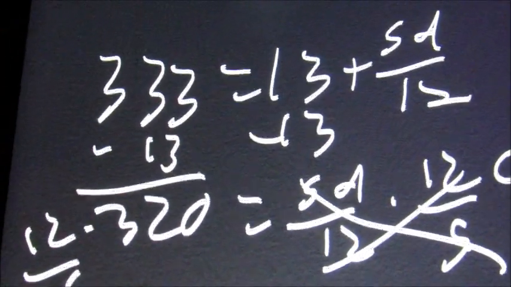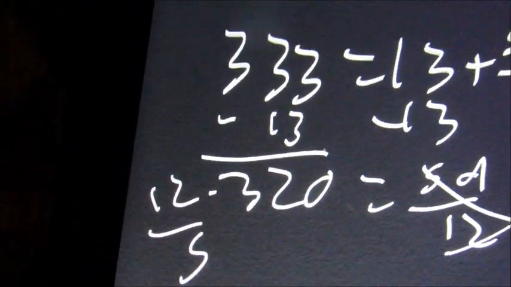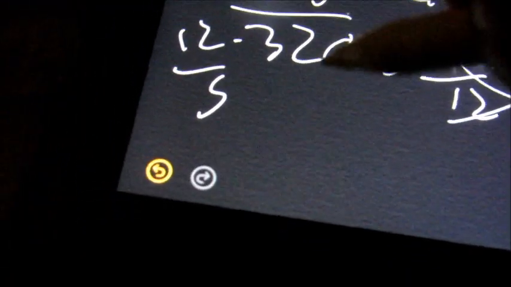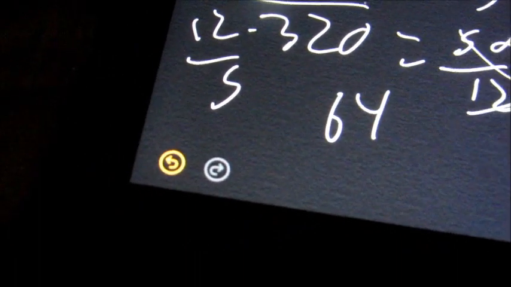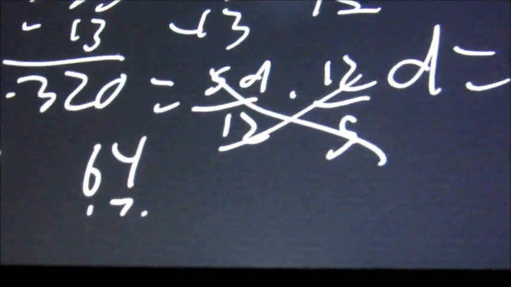That will cancel, so we're going to get D equals, and now 5 will go into 320 64 times, and 64 times 12 is